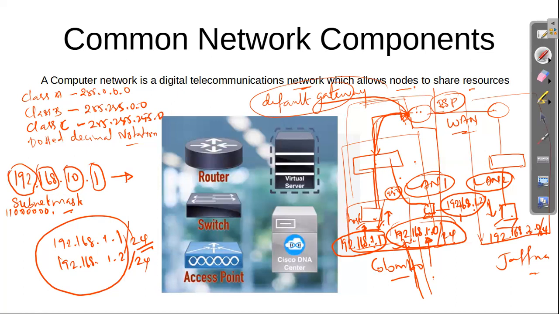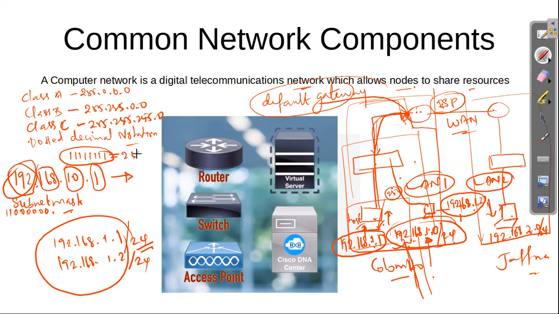But here, this is a class C network, starting with 192. Class C means how many ones are there? 255 means 1, 2, 3, 4, 1, 2, 3, 4, all 8 bits are 1. That's why we get 255 when we convert binary to decimal.